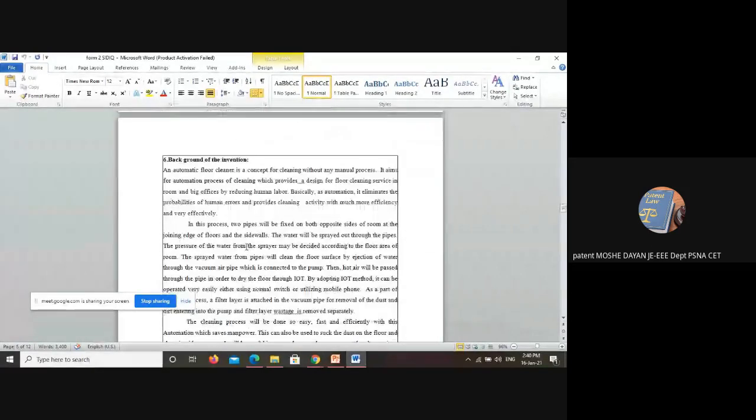Please understand, a patent is a techno-legal document. So concept-wise you have to be very clear. Concept-wise you have to disclose it as clearly as possible, but you have to be very vague in terms of the specifications. Say for example,